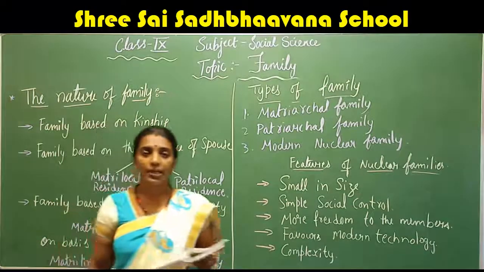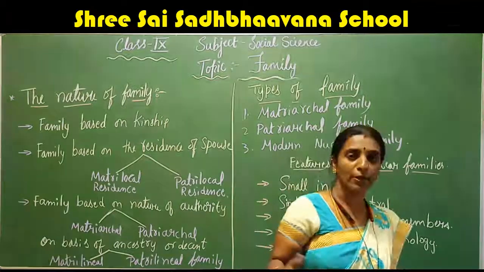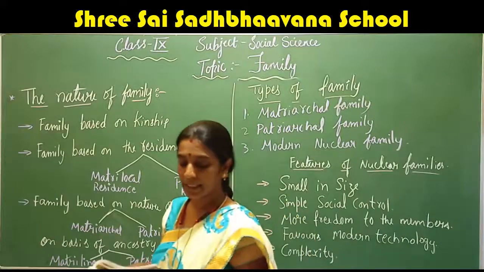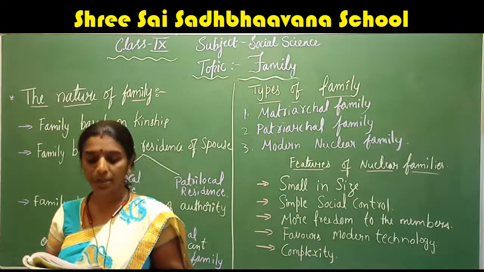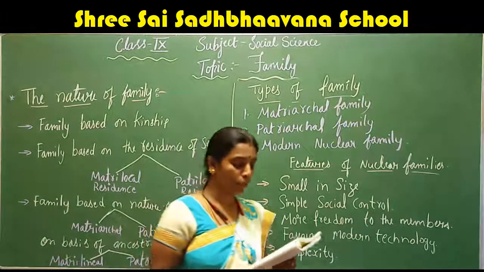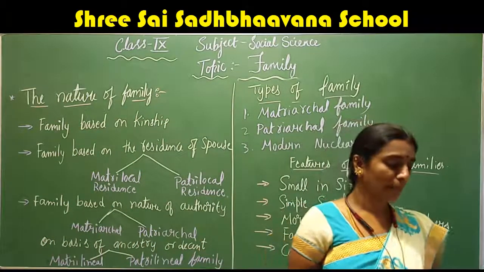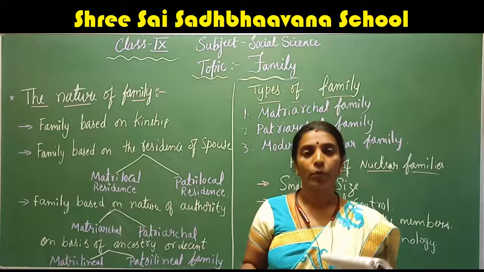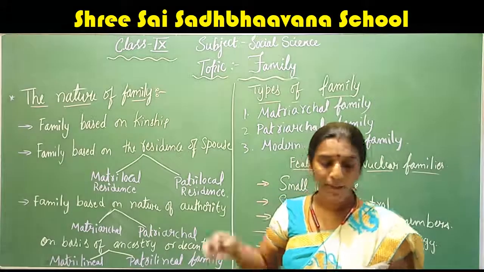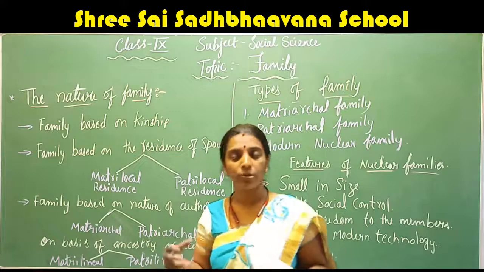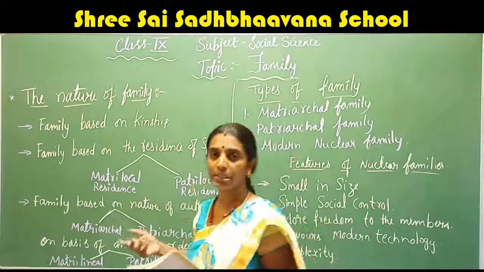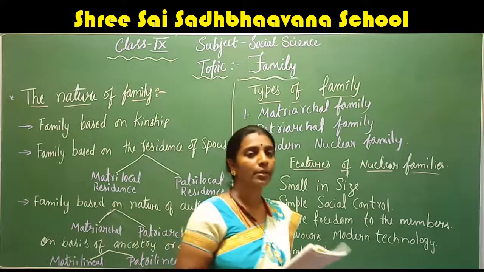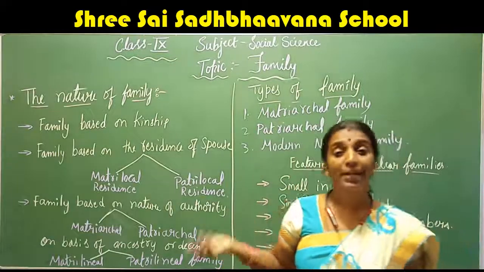The sociologists and also anthropologists have defined types of the families on the basis of structure of the family. As already mentioned, the family is recognized on the basis of the generation. For the children who are born into a family of a husband and wife, that family becomes the center of their existence. So when a child is born to husband and wife, a couple, that will be the center of its existence. He will grow, he will be nurtured, he will become an adult, and further he will start his own family.